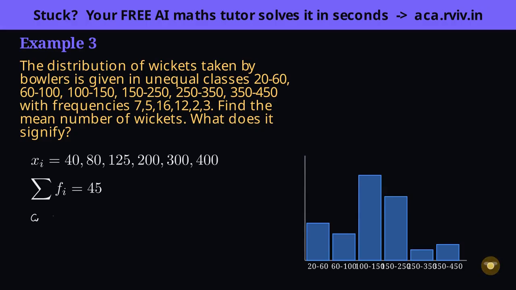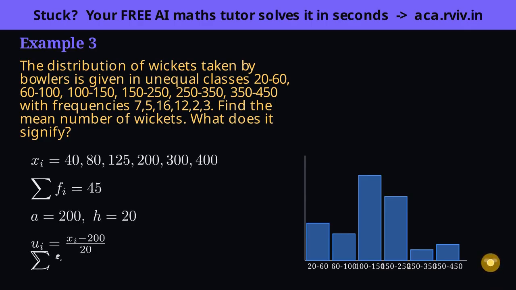Now here's a subtlety worth noticing. The classes are unequal in width, so there's no single natural edge. But h is ours to choose, it's just a scaling factor. Pick a convenient middle class mark, a equals 200, and a tidy step, h equals 20. Form each ui as the class mark minus a, all divided by h. Even though the classes have different widths, dividing by a common 20 just shrinks every number by the same factor, it rescales, it doesn't distort.